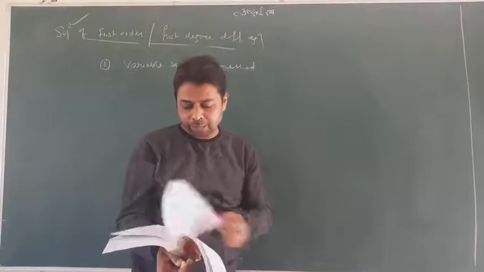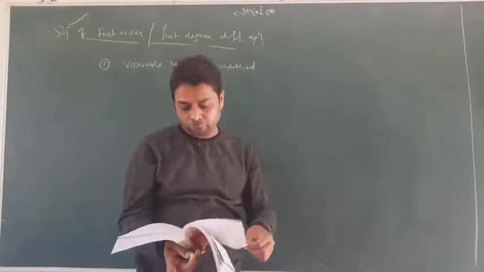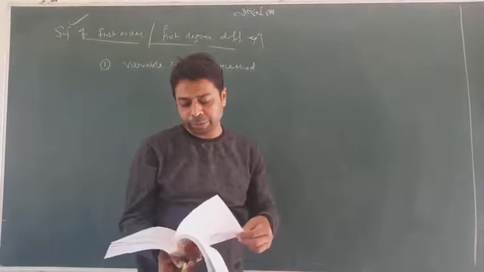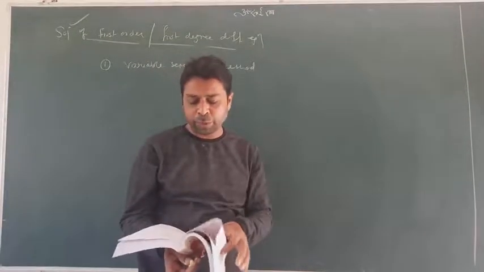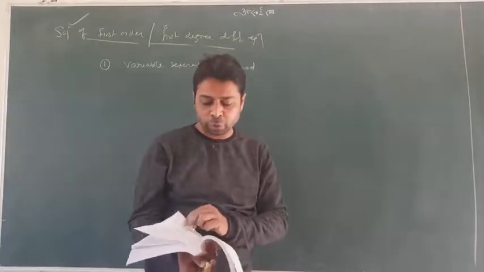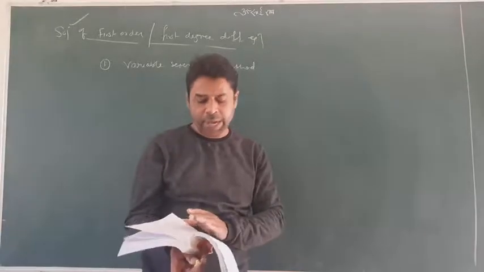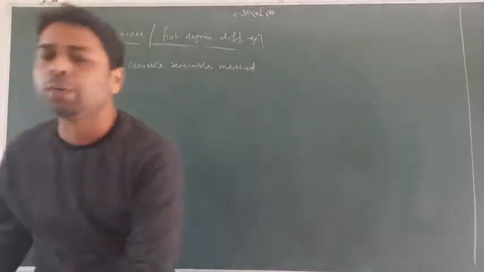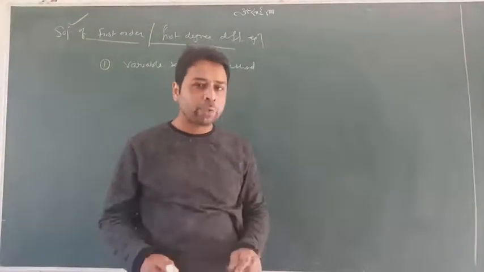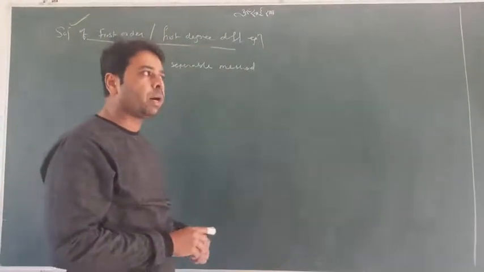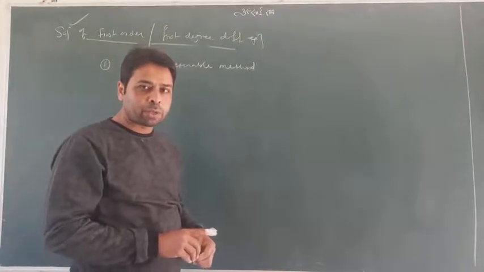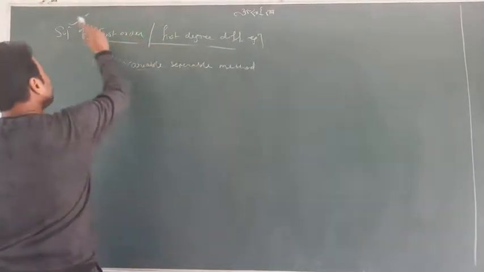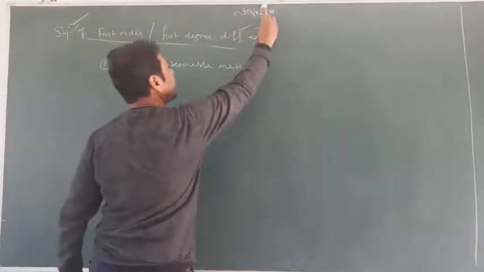9.4, and if I'm not wrong, 9.4 and 9. Okay, only 9.4 is just like the same, so you don't have to worry about this. And this is called the variable separable method. I will tell you how it works. See carefully and try to understand what I'm telling you. This time you would have the variable separable method for solving the differential equation.